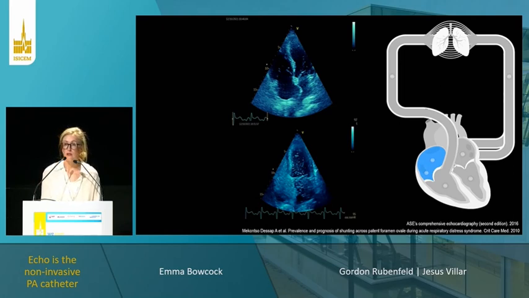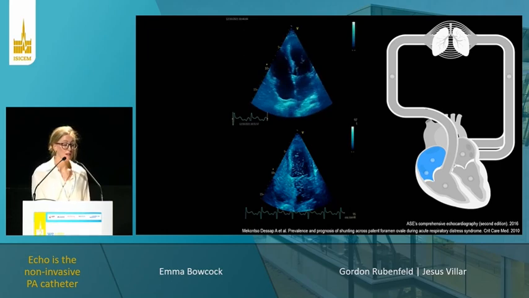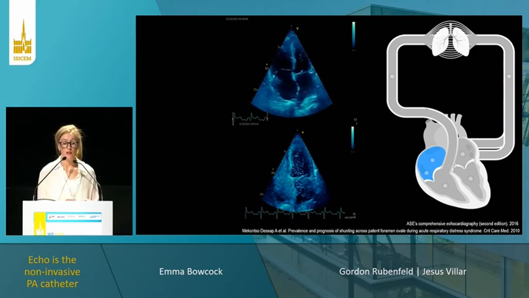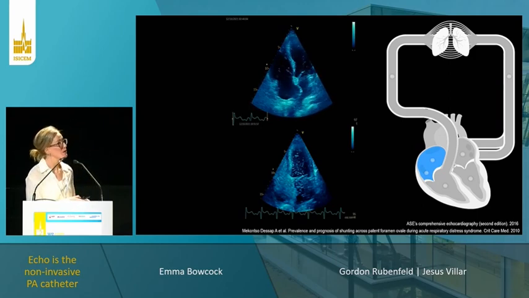For those of you that went to Antoine Vieillard-Baron's talk this morning on CVP, he talked about how raised right atrial pressure could either be from acute cor pulmonale, RV failure, or from compression, from cardiac tamponade, or volume overload. And I think echo is really crucial to helping us define what the cause of the right atrial pressure rise is. So in this echo loop here, for those of you that do lots of echo in your clinical practice, this will be quite easy for you to spot, but a really crucial